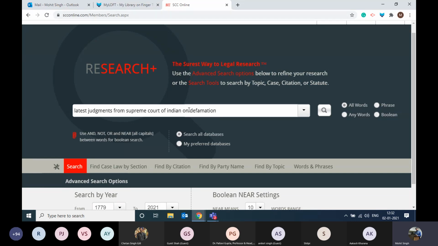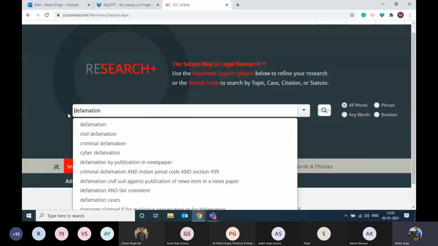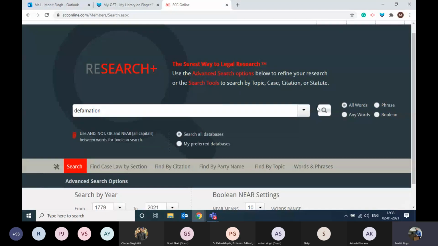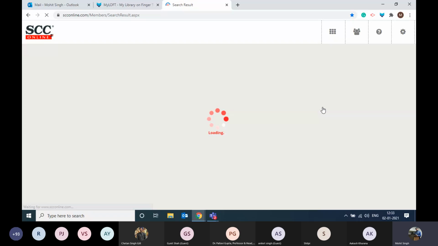This kind of query formation is very good when you're working on Google, because Google is for everyone, and that is why we have to define which type of document we want to see and from which court we want to see. So therefore, when you're working on a legal research software, specifically SCC Online, please do not type the whole query, only type the main important word of the query, right? Click on the search bar, and now let us see what type of documents we get.